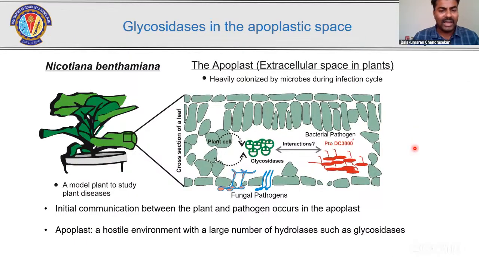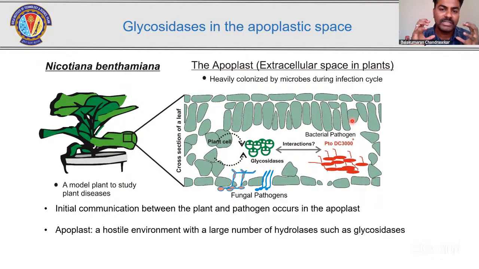Okay, so having validated these for glycosidases, next, during my PhD, I applied these probes to profile an important compartment in a plant, which is called the apoplast. As you might know, when you take a plant leaf and make a cross section, you will see different cell types, epidermal cells and mesophyll cells. But these cells are not all clumped together; there is a space between them, and that space together with the cell wall constitutes the apoplastic region.